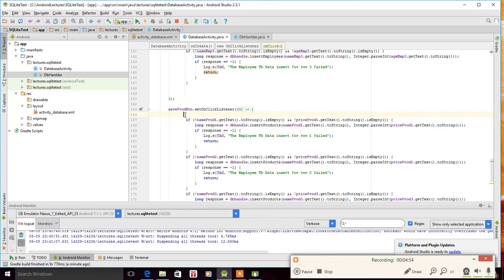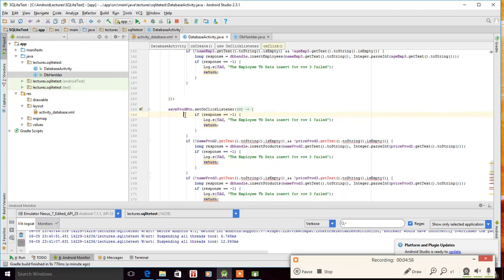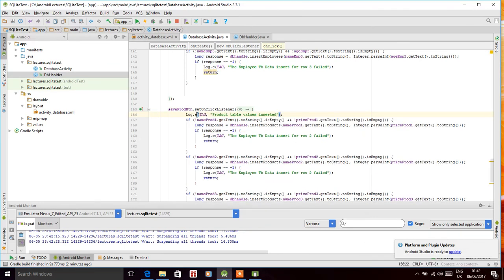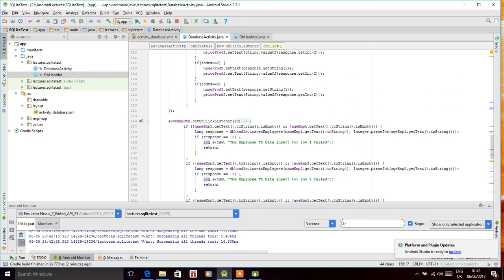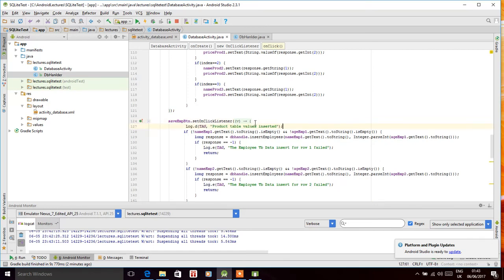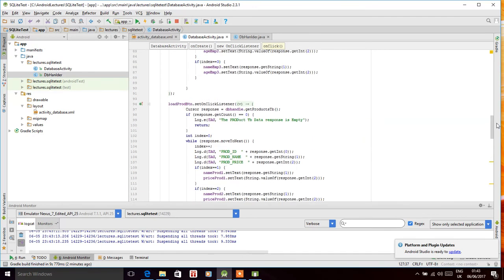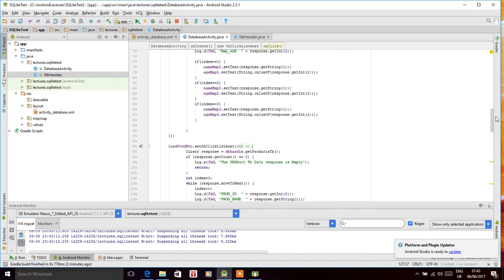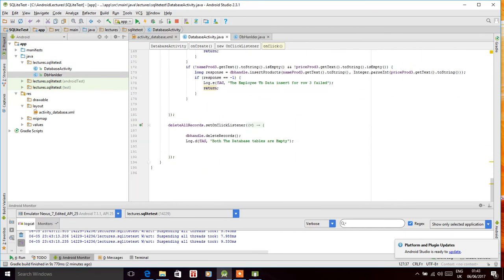Oops. So write the line product name and name values inside it instead. That looks better. And copy it. Go to the save button for the employee table, and write here the employee table values. Insert it, and I think this is what we need, and then we can run